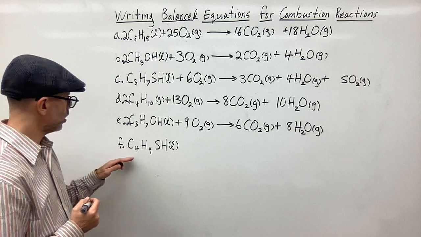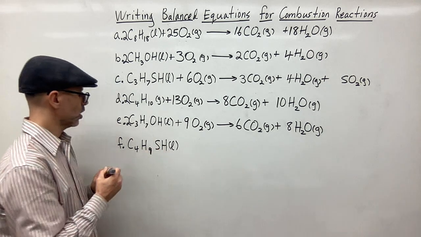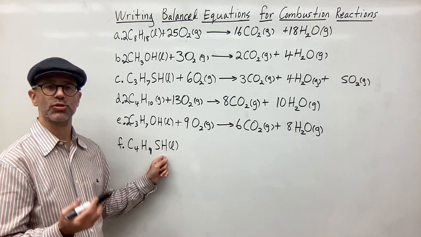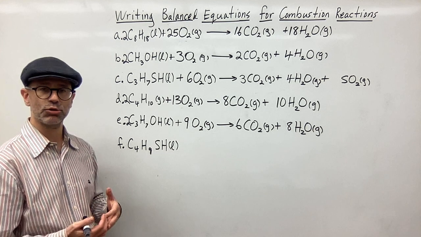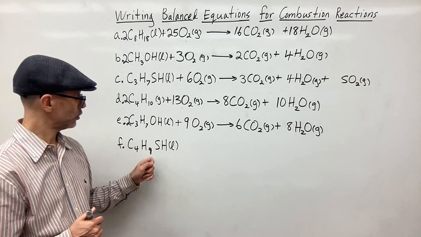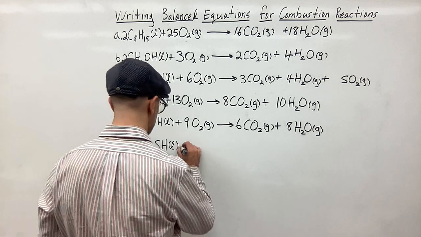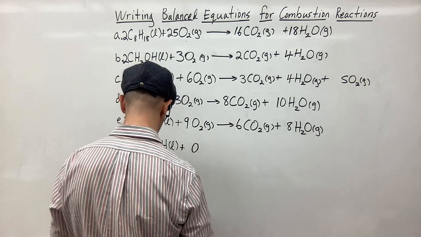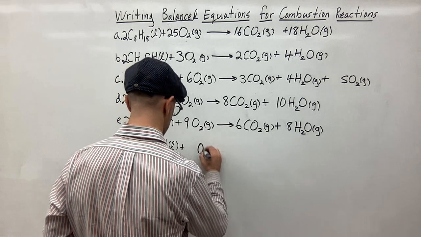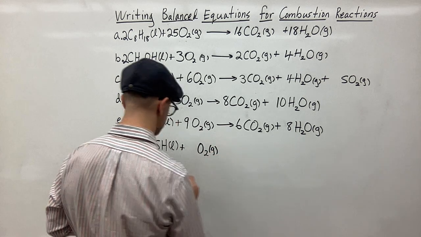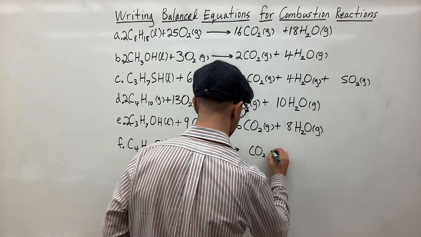Finally, last one. Again, we have sulfur in this one. So assuming complete combustion, our product with the sulfur is going to be SO2, not SO3 or anything like that. So we're just going to say one of our products is SO2. Again, we're going to have oxygen as a reactant. Let me give myself some room here. So we're going to have O2 gas, and that's going to give rise to carbon dioxide gas